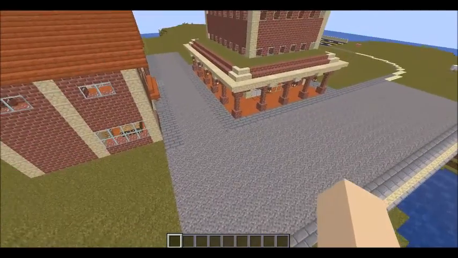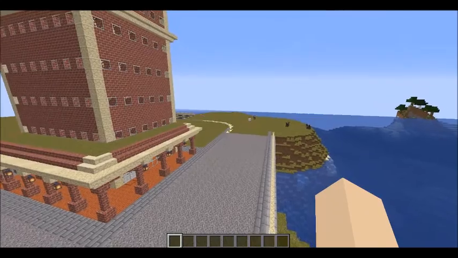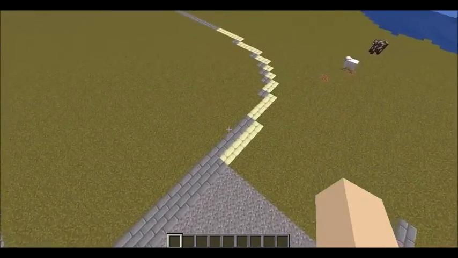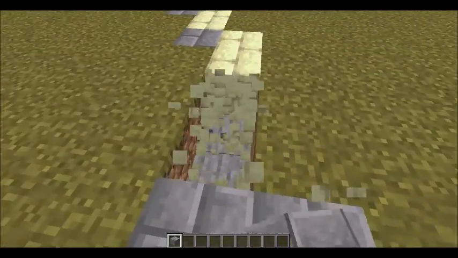So I have here 2 roads. This one is meant for 2 lanes, this one is meant for 4 lanes. And I have some end stone brick sidewalk here. I can probably just switch that back to stone brick. I was just using